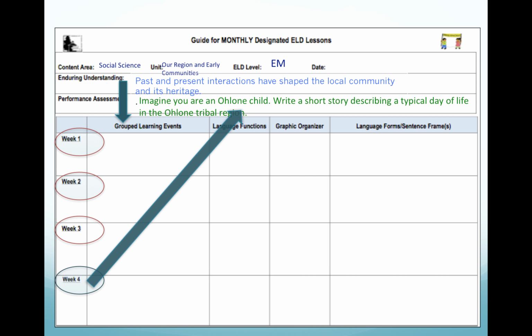How am I going to get students there? Each week is building their expertise or skills to complete this performance assessment. Even though they're going to do that performance assessment during that integrated block of time, during designated ELD what you need to do as teachers is to provide them each week with those skills to be able